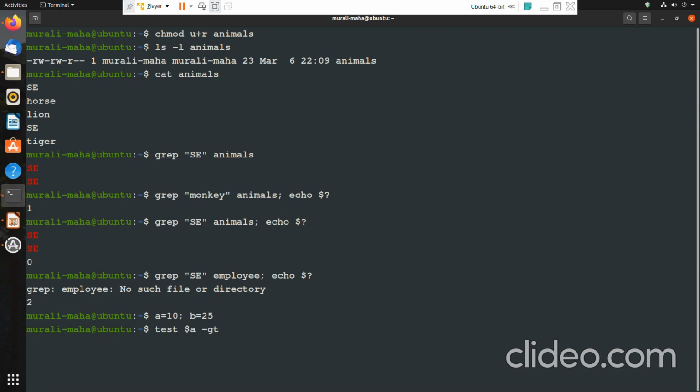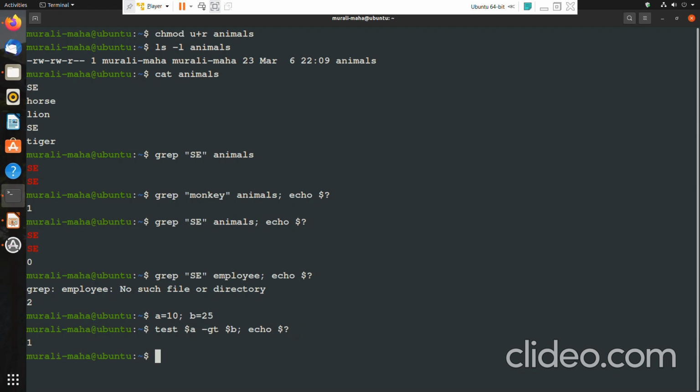Echo $?. As I told you, the test command is going to evaluate this expression, and based on the result of the evaluation, it is going to store either a value 0 or 1. If this expression is evaluated to true, it is going to store the value 0 in $?, or if it is evaluated to false, it is going to store a value 1 in the $? variable.